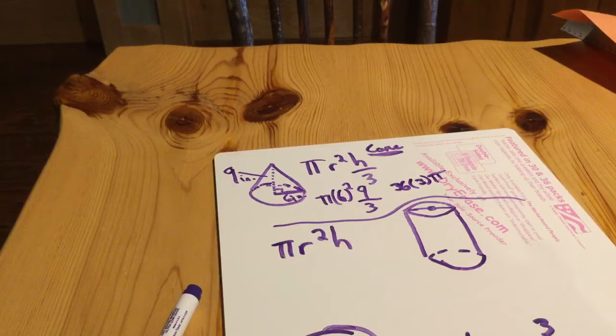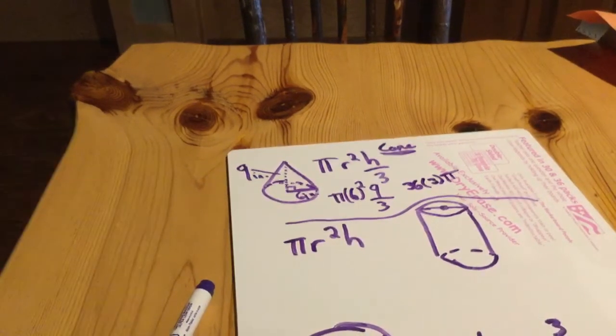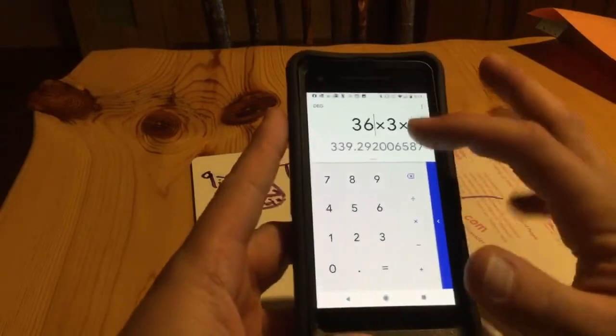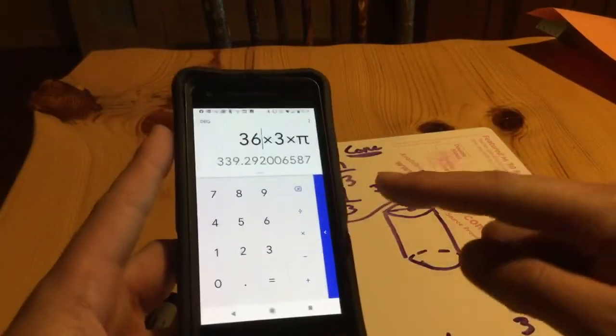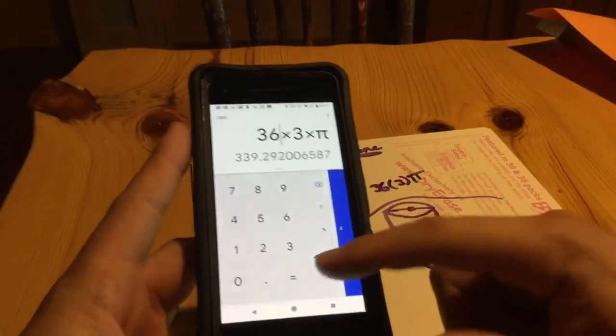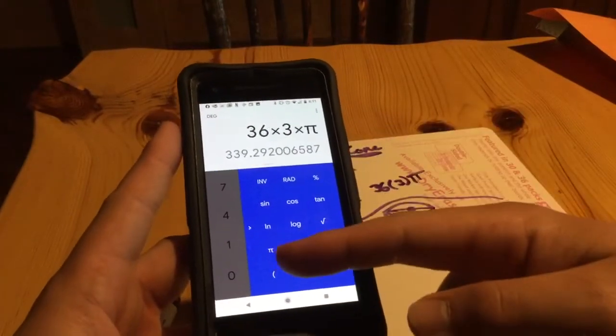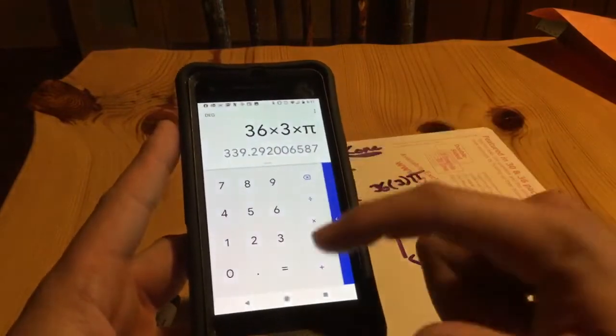And I'm doing this on my phone because I don't have access to my iPad right now because I'm recording with it. But if I show you this, 36 times my 3 times pi. I found my pi over in here, so it might be similar on your iPad. My pi is right there. So then it equals